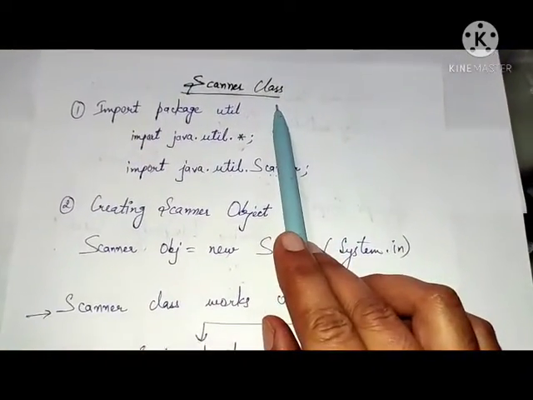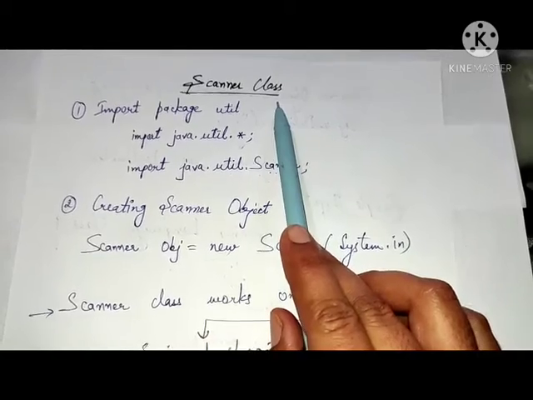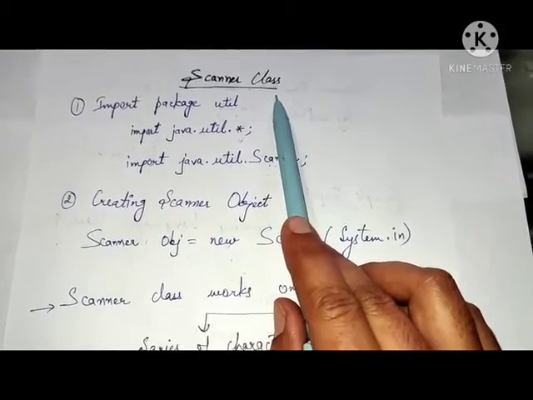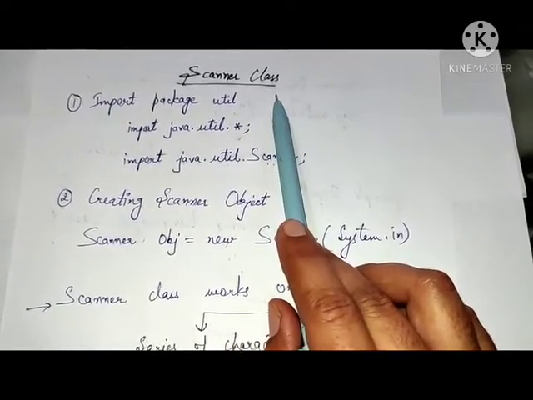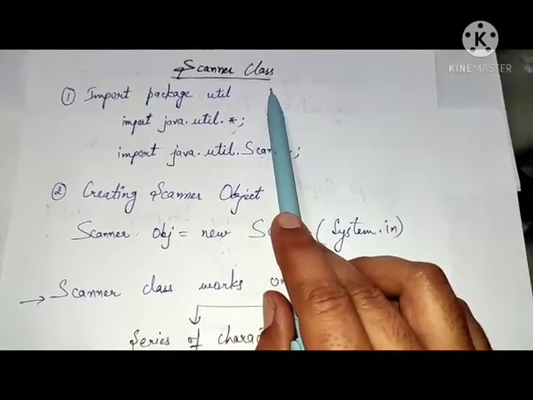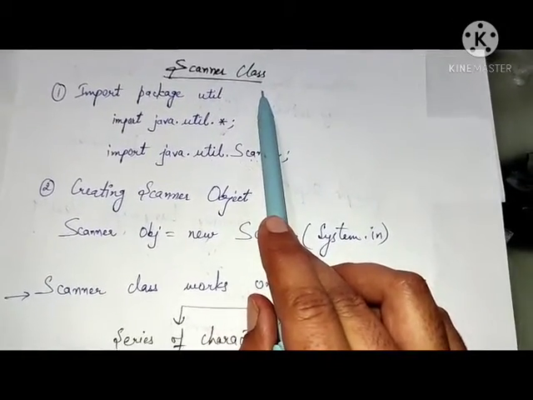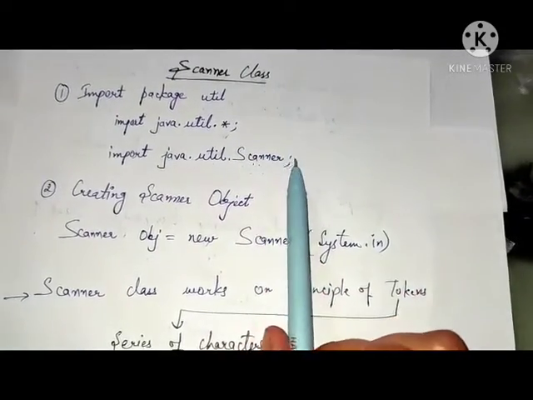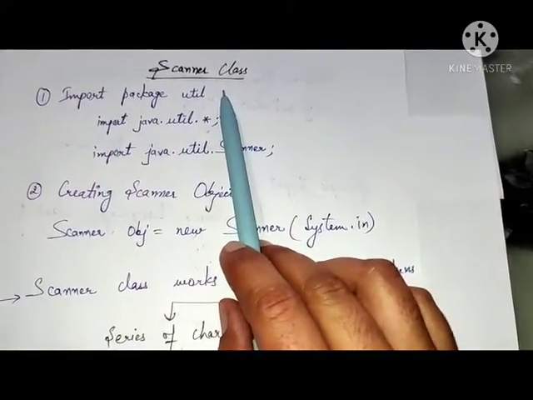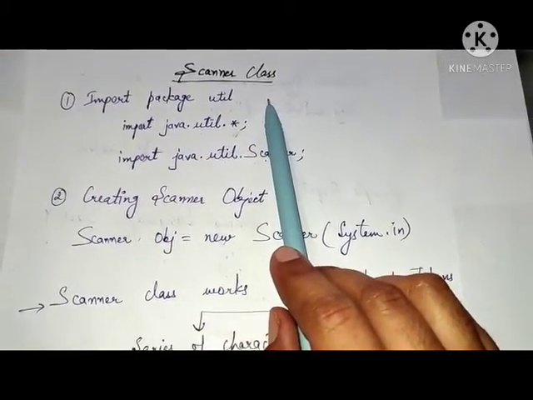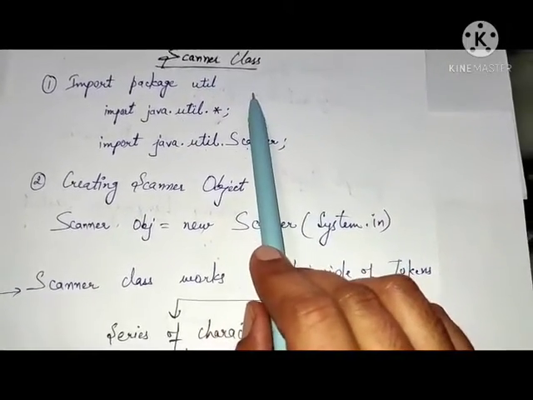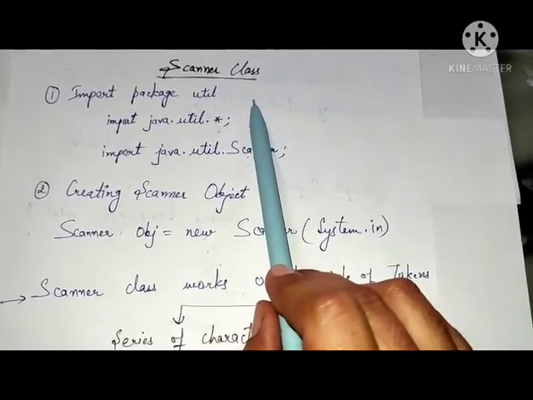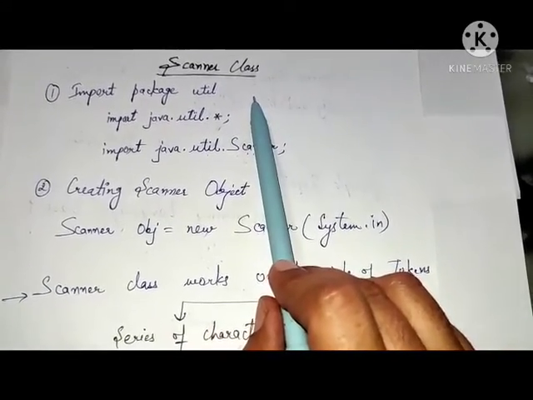Now why do we use the scanner class? Even though we have the input stream reader class, and we can give the input by function arguments in the main method, why do we use the scanner class? By using the scanner class, the user need not mention the set of data being input from the console. Input stream reader and buffered reader are not mentioned here, only the scanner class is used. String handling is easier than with the input stream reader class. It also provides an easy approach to read records from a data file. So it's very easy compared to the input stream reader class.